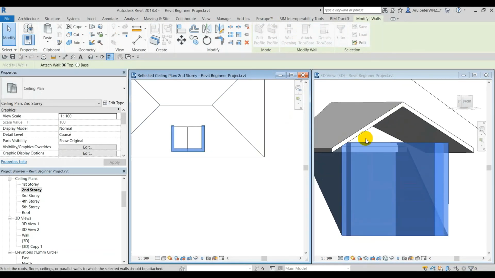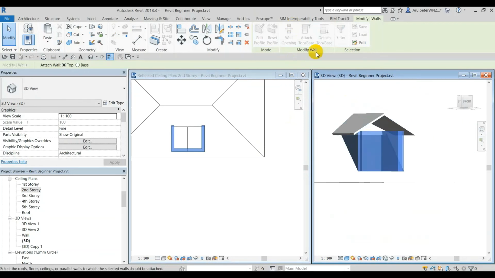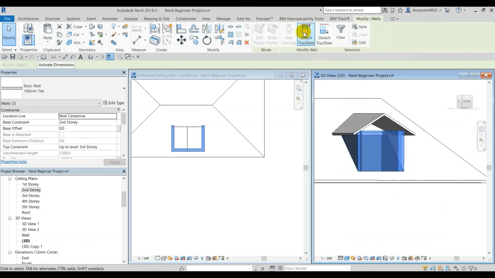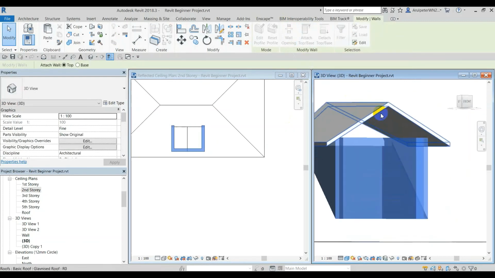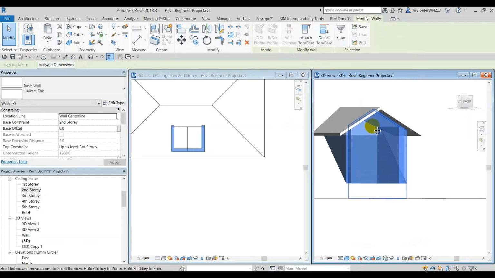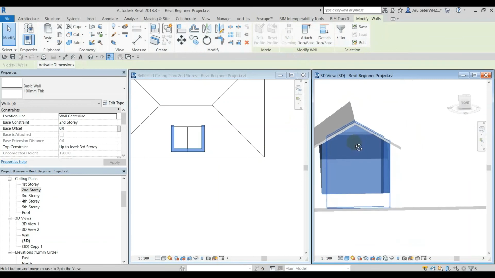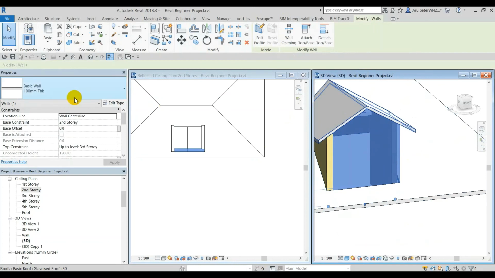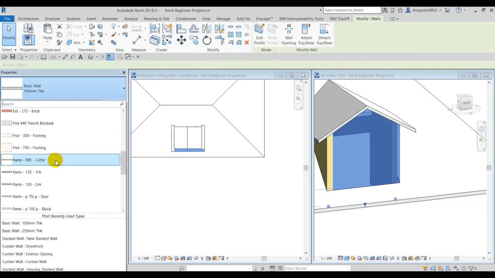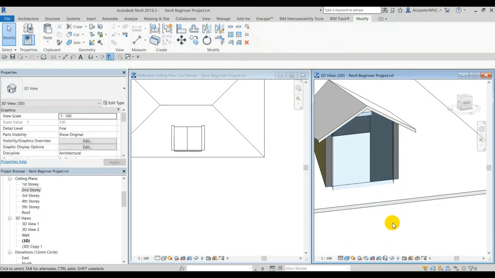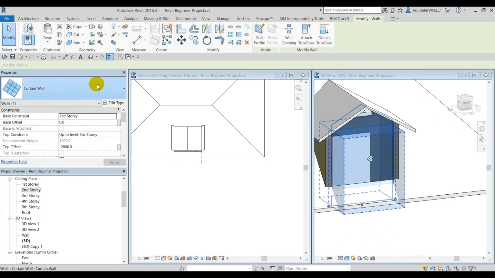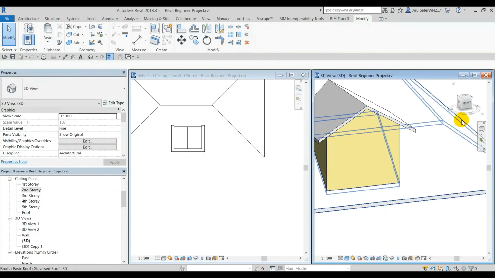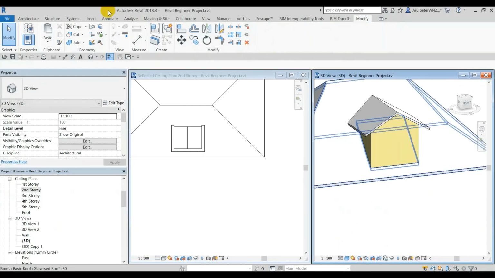Okay, let me select again. I will go to the attach top base, and then I will select this. All of my walls are already attached to this. So if I want to change back to the diagram wall, this will be like that. Or if you want to change back to the 100 wall,